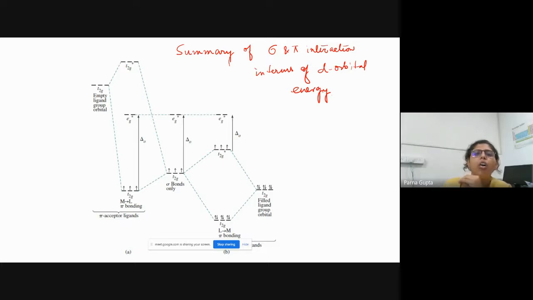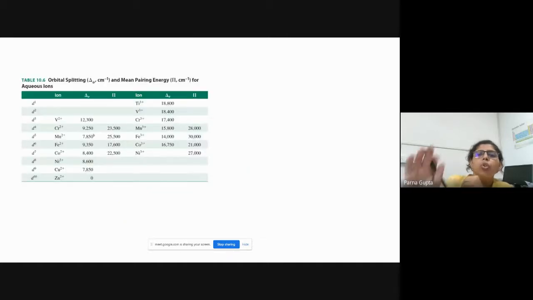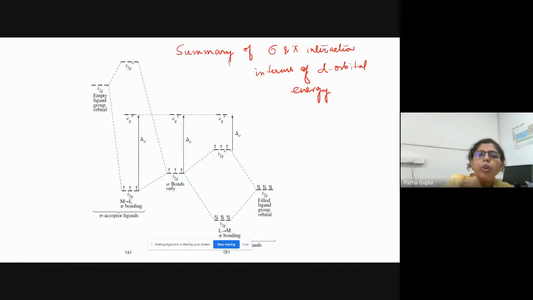Because if we take all the sigma, pi, and all these things, then we must have a very complicated structure, and we also have to learn this complicated structure as well. But if we just want to look at the practical properties, then in most cases this picture helps us a lot to understand the chemistry. So next, what are the parameters we are dealing with? This is del 0.